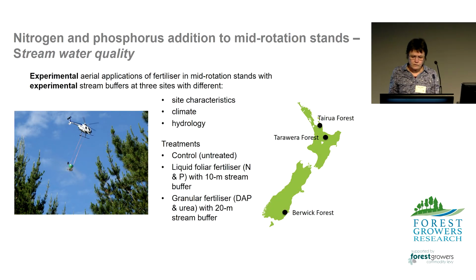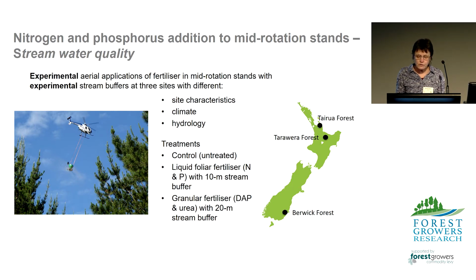So in session 1, Science presented their research work on the potential of fertiliser treatments being applied at mid-rotation to improve productivity. So in this project, we looked at the impact of some of those experimental fertiliser treatments on water quality. We had a look at 3 sites across New Zealand, and we tested a liquid foliar fertiliser treatment with